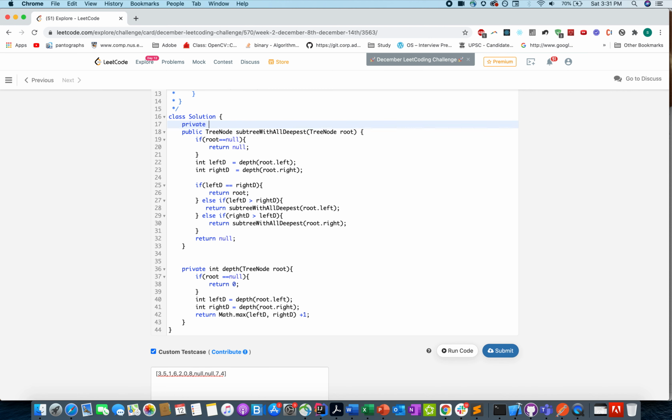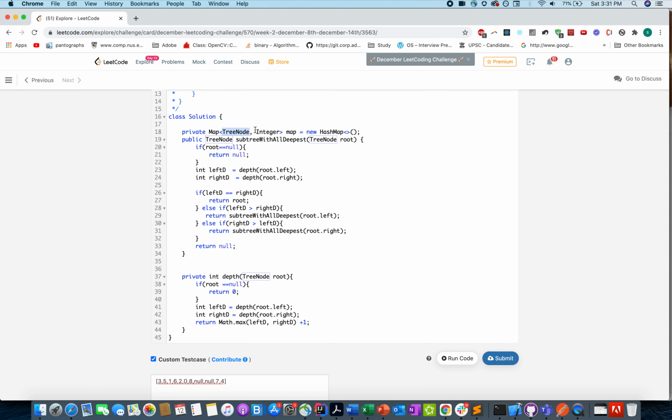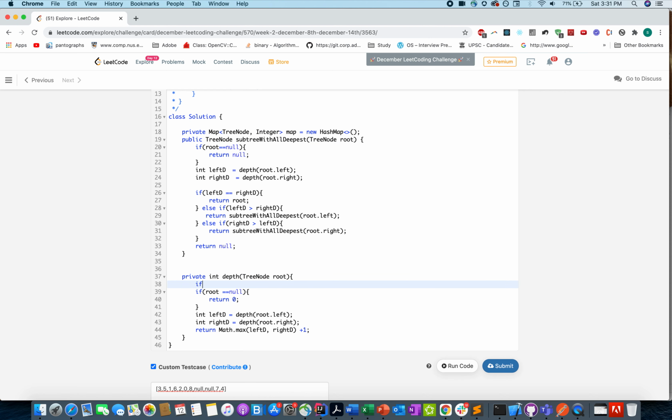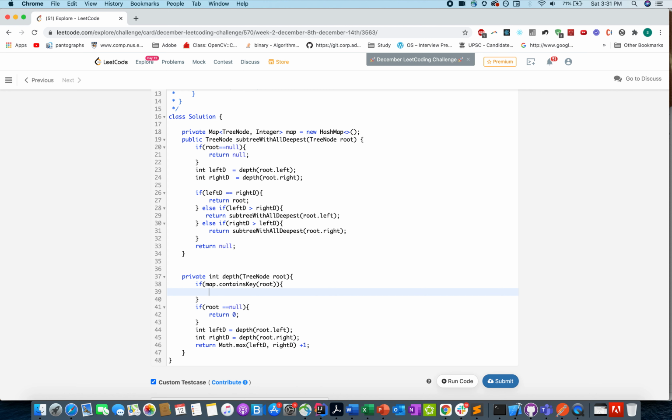Private Map TreeNode comma Integer, and let me just call this map new HashMap. What are we going to store in this map? So node and its corresponding depth. First of all, if map dot containsKey root, if map contains the root, you'll return map.get root.